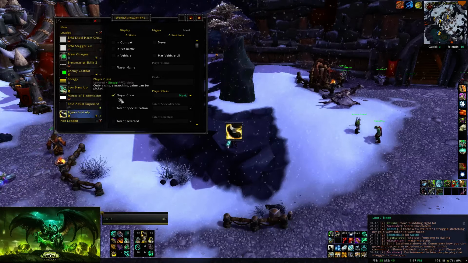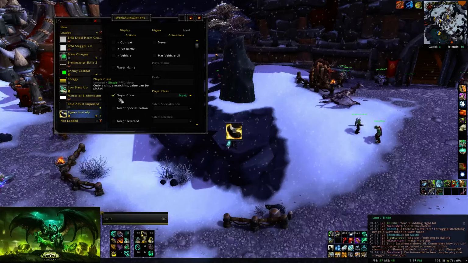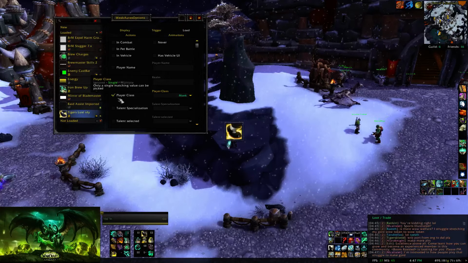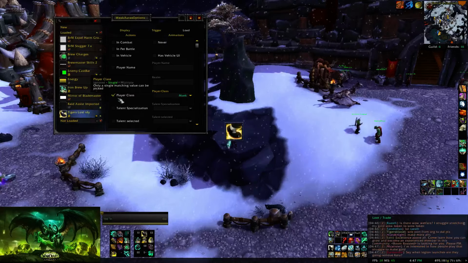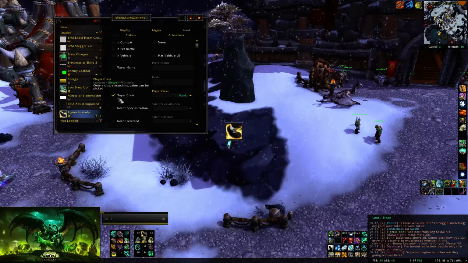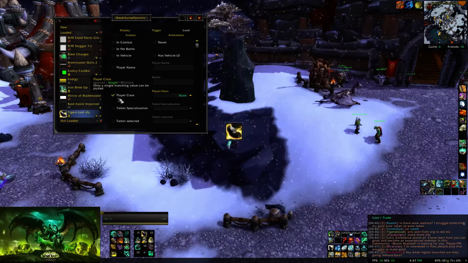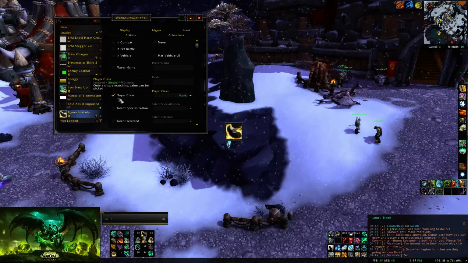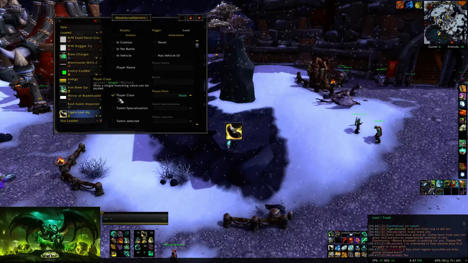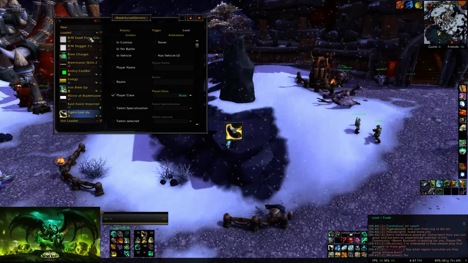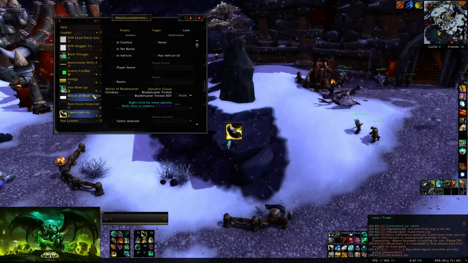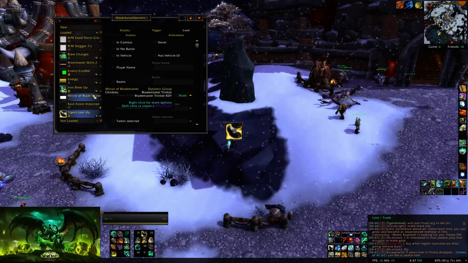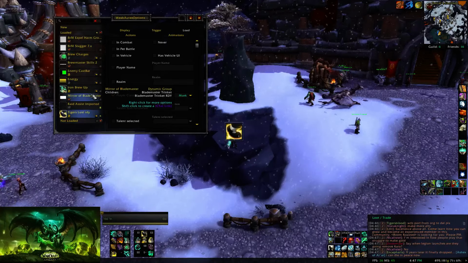Now, why would you want to specify things such as class and spec? Because if you don't specify things, all of the WeakAuras will load on every single character. You have to understand something: it can become a very highly intensive add-on if you have all these WeakAuras loading. I could have each of my tank WeakAuras load on every single character, and they wouldn't necessarily show because they don't have access to the spells,